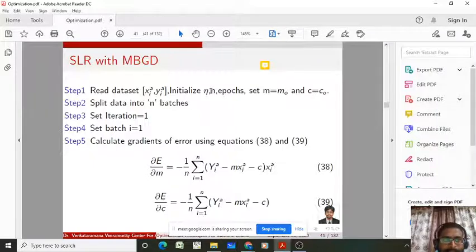Sometimes they will give directly the number of batches, sometimes they may give the batch size, right? So if they give the batch size, you have to calculate the number of batches, or if they give directly the number of batches, then no issue, it's n number of batches. That means you have to split the complete data into n batches.